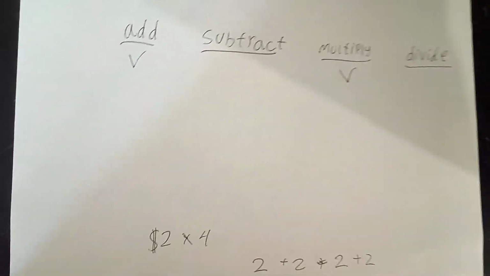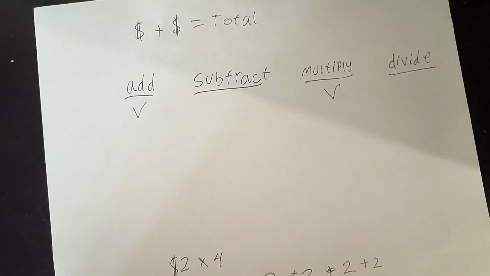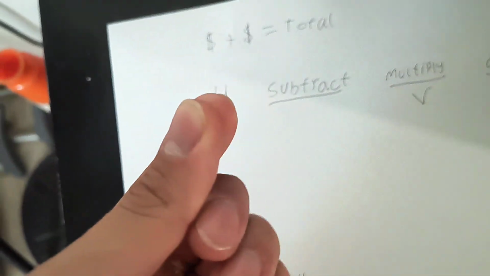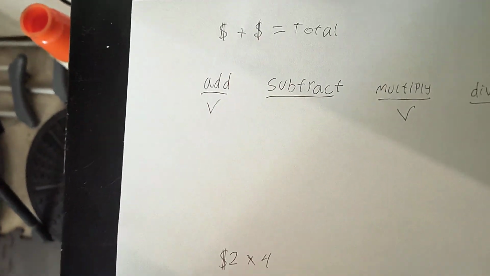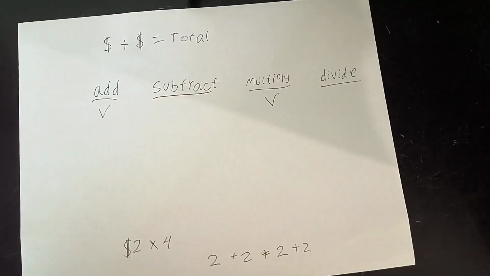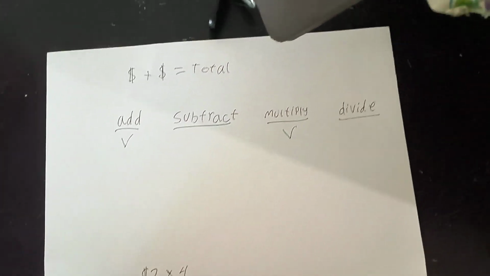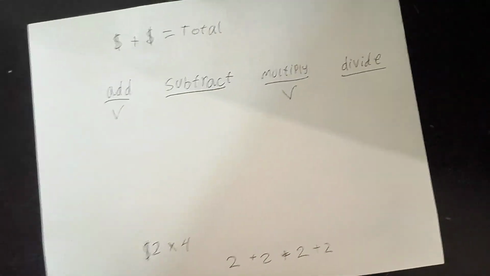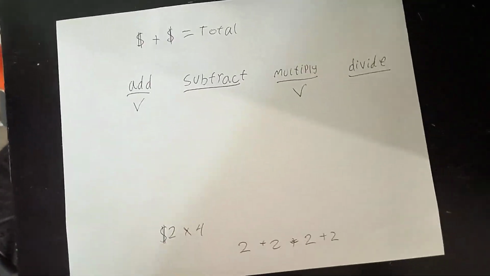Okay, now let's say I have 21 baguettes for some reason. I don't know why you have so many baguettes. Why do you have so many baguettes? Okay, let's say I have 21 baguettes and I have 7 friends over, and we want to share the baguettes evenly between us. What operation would I use to find out how many baguettes